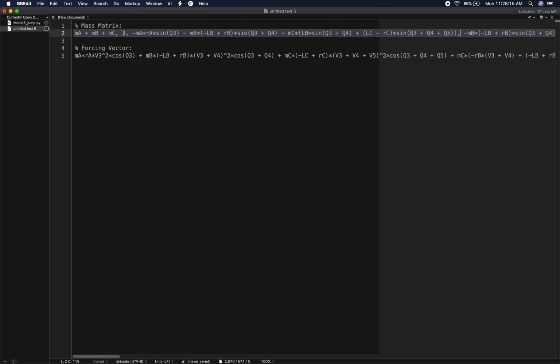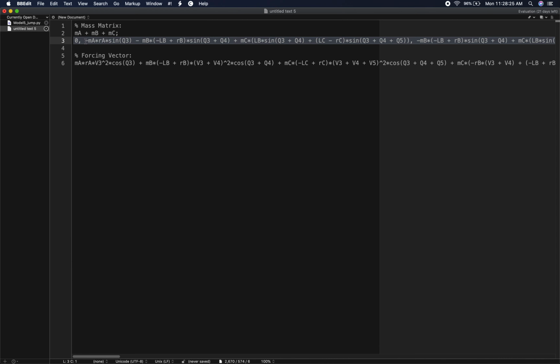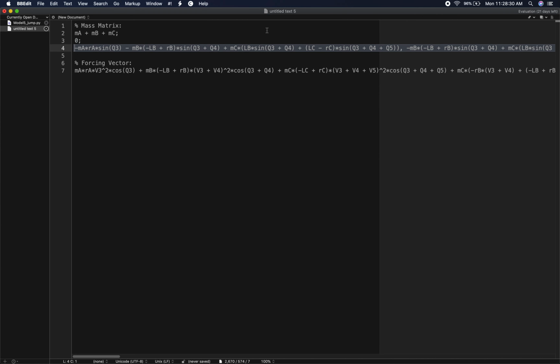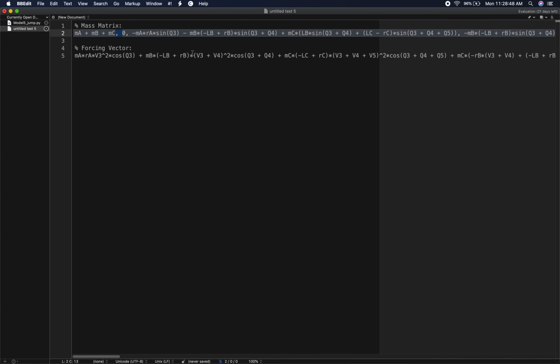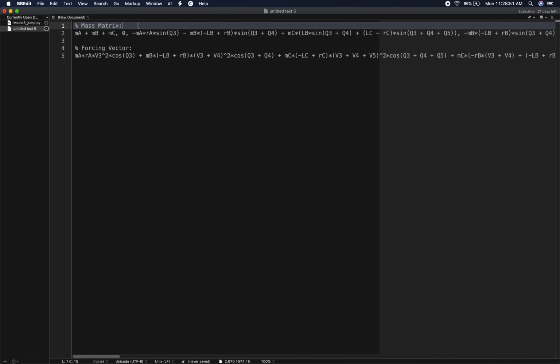So I could scroll through here, and every time I want to end my line in the Matlab style, I could replace my comma with a semicolon and then do a return. And same thing here at the end of this element, do a semicolon, return. Same thing out here, semicolon, return, etc. That would take me a really long time to do, even for this fairly simple model here, and it'd be very error prone. I may not necessarily find all of these commas that are followed by spaces at a glance. So it's easier to have find replace do it for us automatically instead of doing it by hand,